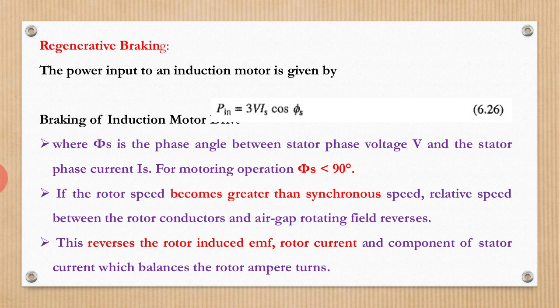So the first one is regenerative braking. As in the previous lecture session I have discussed, in regenerative braking the machine acts as a generator. I repeat here, the motor acts in the first quadrant as a motoring operation. During the regenerative operation, that is quadrant 2, the power developed by the machine, because the machine is acting as a generator, is fed back to the supply. So this is called regenerative braking.